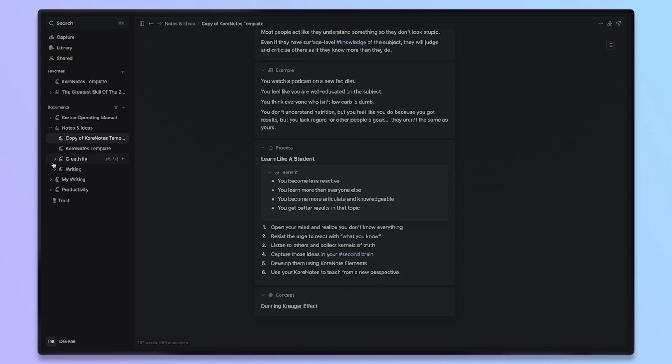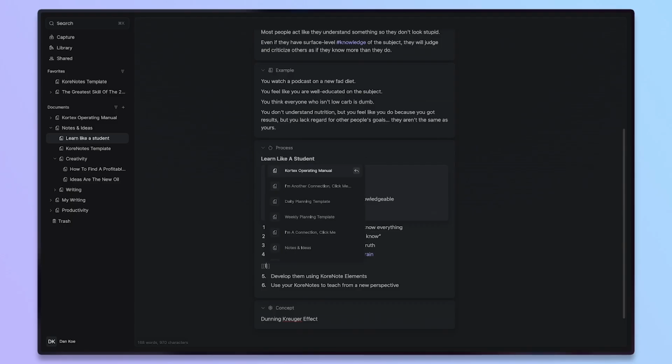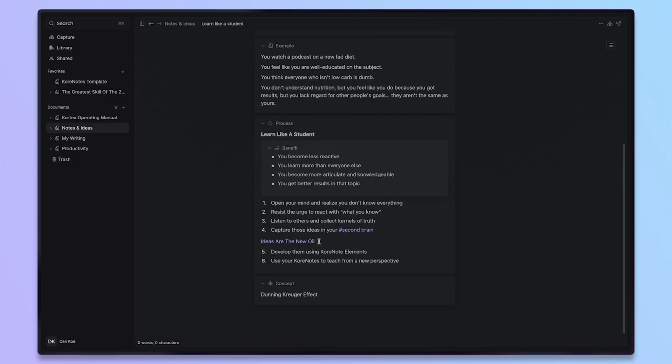So if I look at prior things that I have, creativity, how to find profitable ideas, ideas are the new oil. You can see, capture those ideas. So I talk about ideas briefly. So let's just plug in here, ideas are the new oil. It kind of sort of makes sense. You're not trying to add